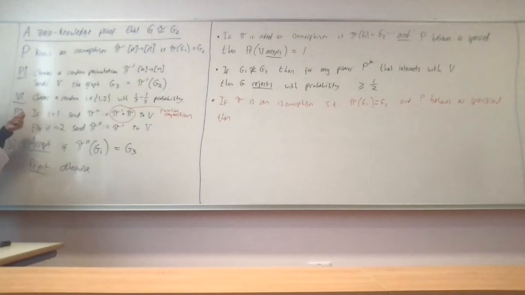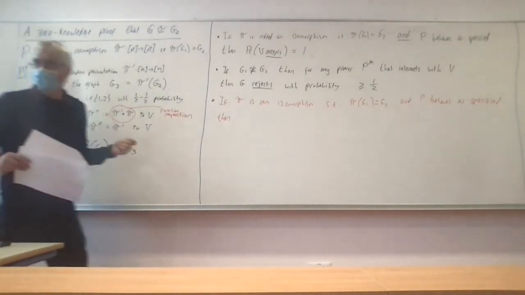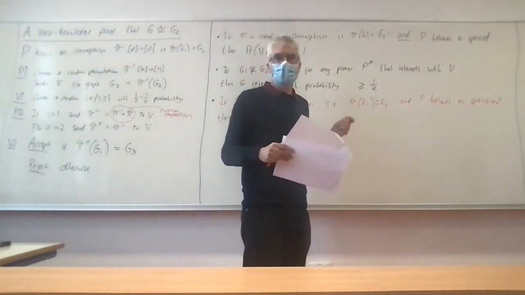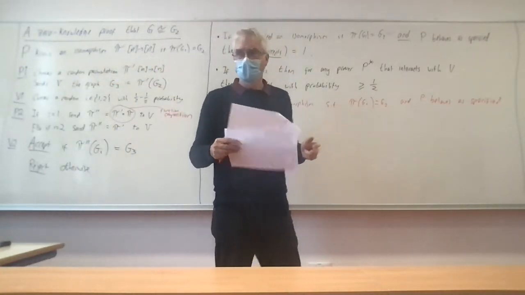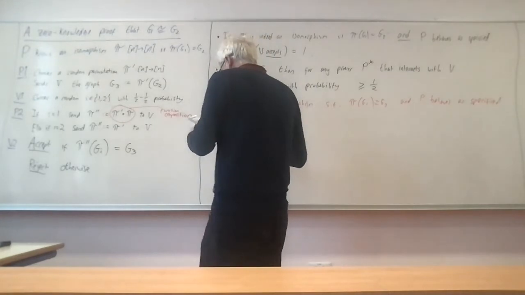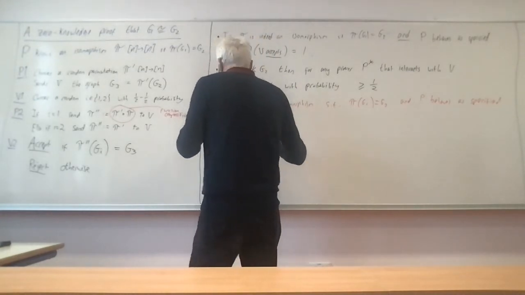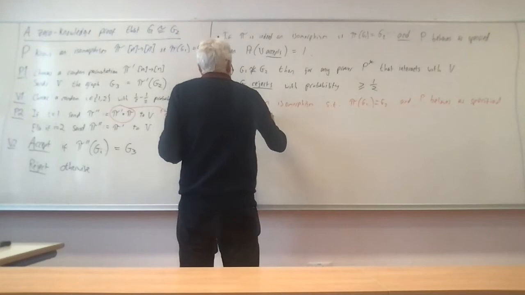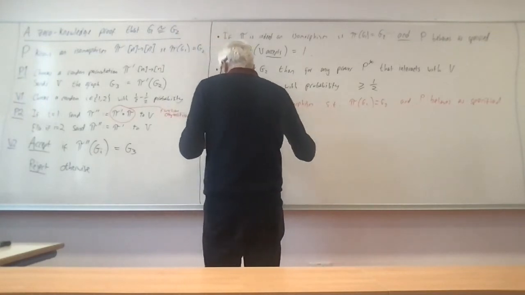That would be a possibility. So what we need to say is that no matter how the verifier behaves, it does not learn any information it shouldn't from the prover. So we now need to consider an arbitrary verifier V star. Then no V star that interacts with P